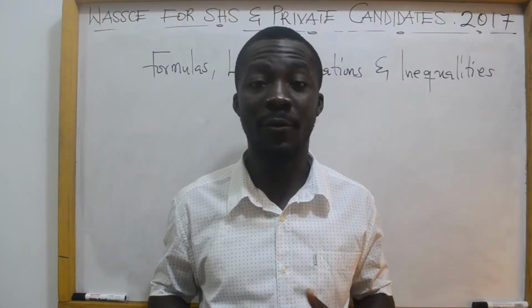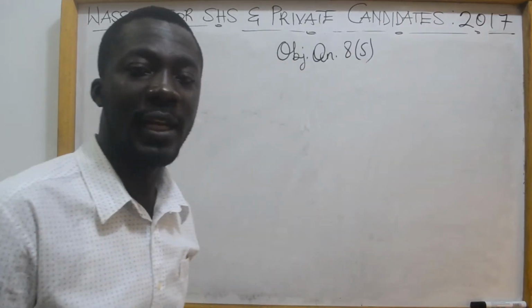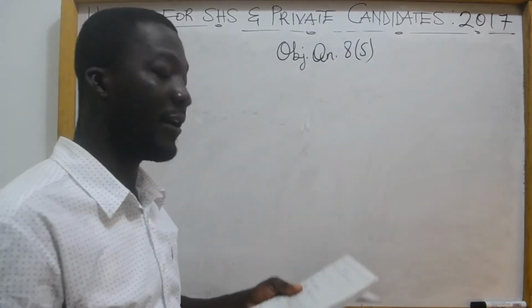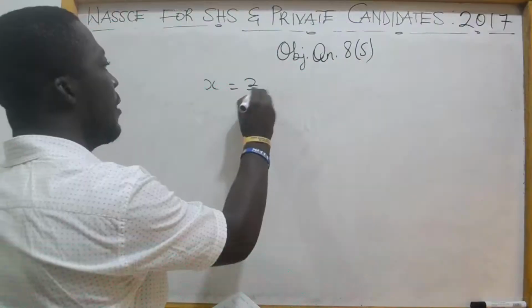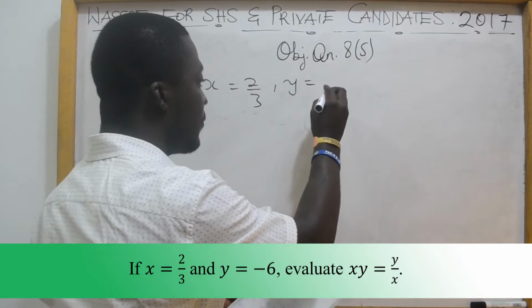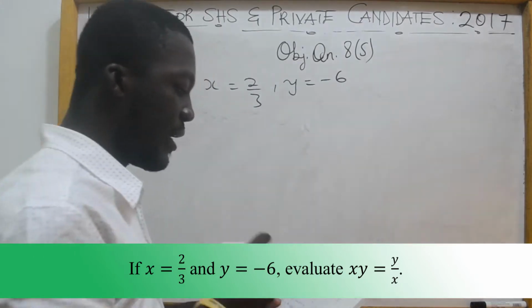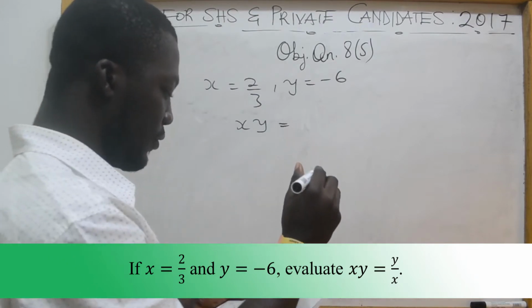Now, let us take a quick look at the questions. Objective question 8 for SHS candidates. The question says, if x is equal to 2/3, the value of x is equal to 2 out of 3, and y is equal to -6, evaluate xy is equal to